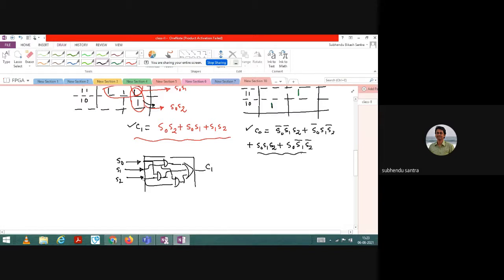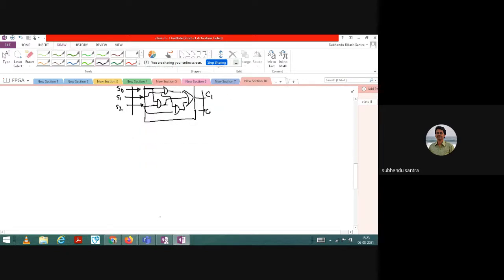Similarly, you can design for C0. However, I do not want to do it in hardware. I do not want to do it using a lot of AND gate and OR gate chips, analog chips. We want to write VHDL code and design a compact embedded chip based system, so that I will just program it and automatically this C0 C1 will be output from the system. So now, using VHDL.